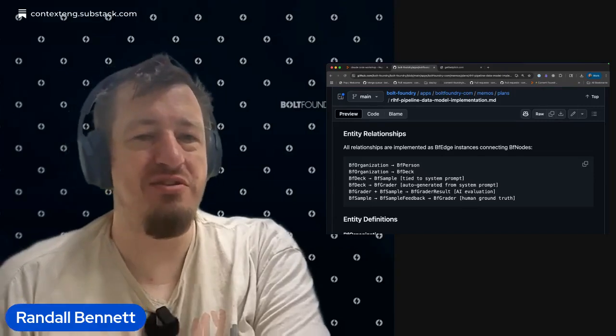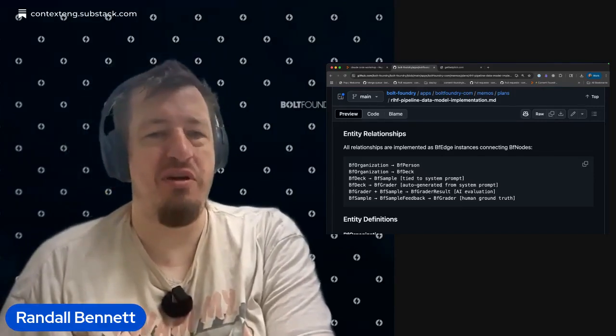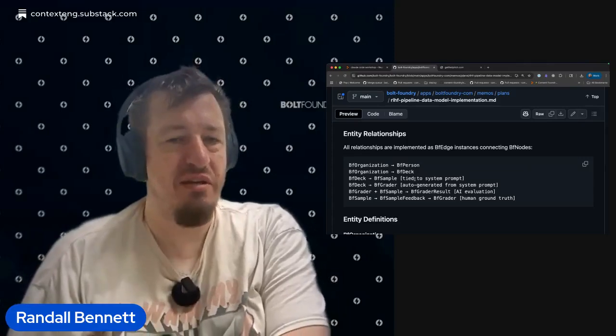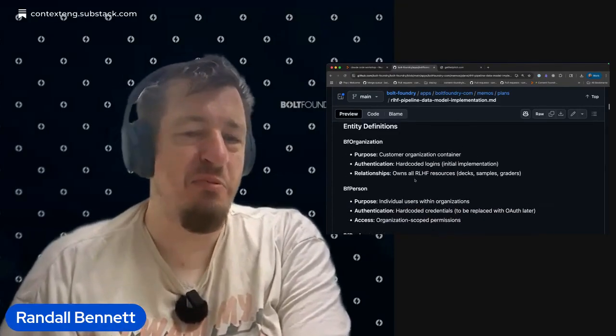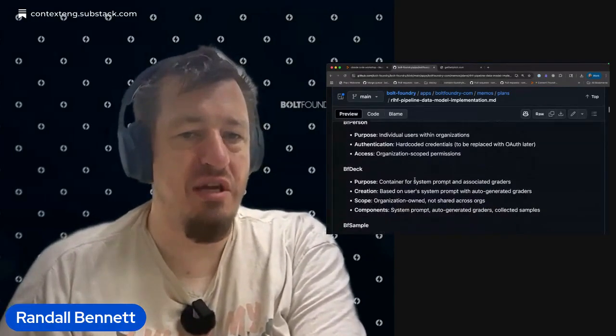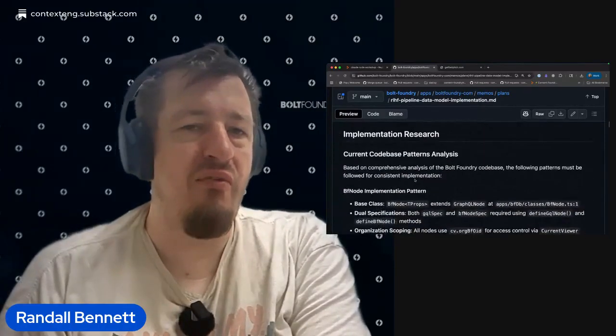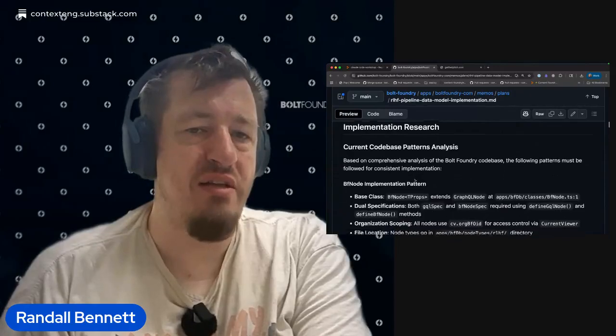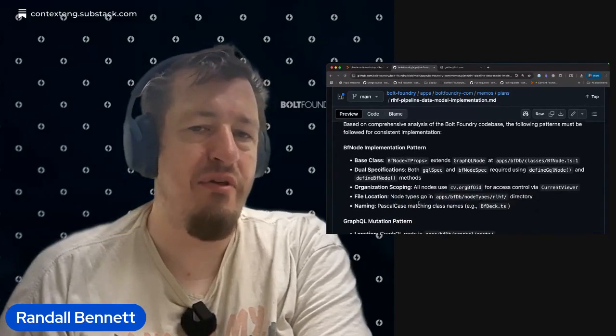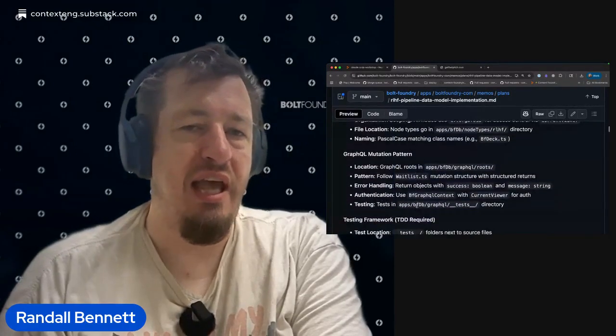So BF is internal data. So BF organization. Anyway, this is the data model that we came up with. And then I explained what each data model is going to do, etc. Right? And then I have it go and analyze how things work. So it's going to grab all the context about how it should work. And